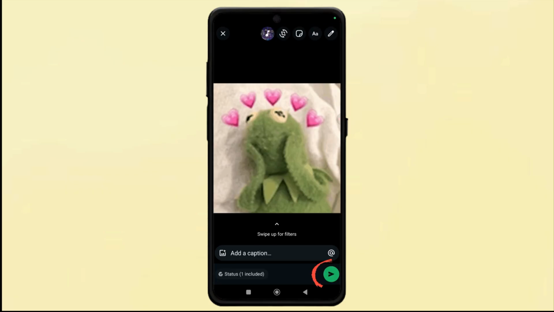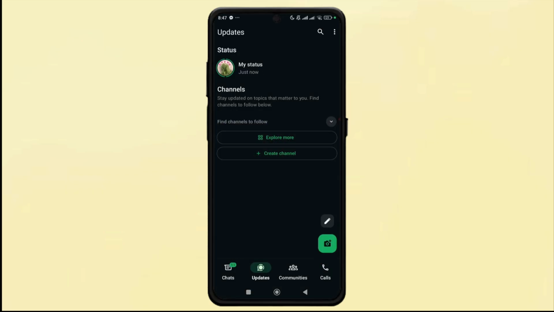Lastly, hit the send button at the bottom right corner. Finally, your new photo with music status will be uploaded,